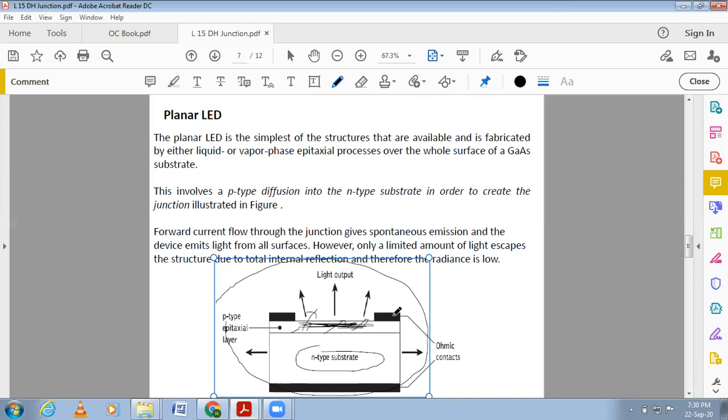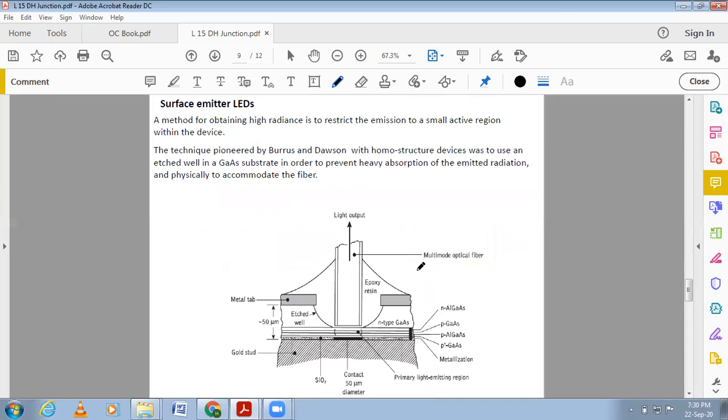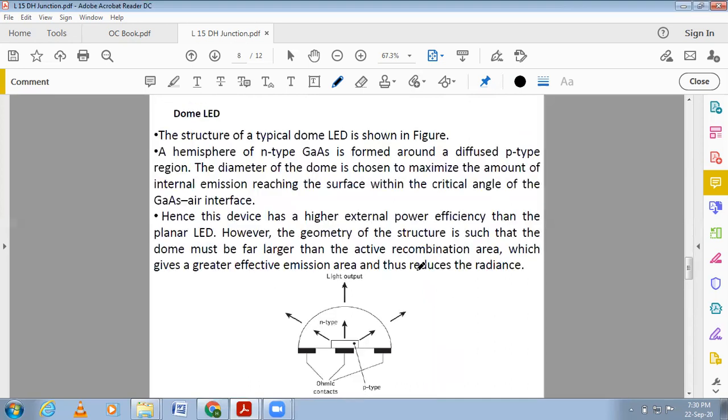So this is the planar LED, but practically it is not used in fiber communication. Now the dome LED. The structure of a typical dome LED is shown in the figure. A hemisphere of n-type gallium arsenide is formed around a different p-type region. So here first we take a p-type region, a very small p-type region like a point, you can see the point, and